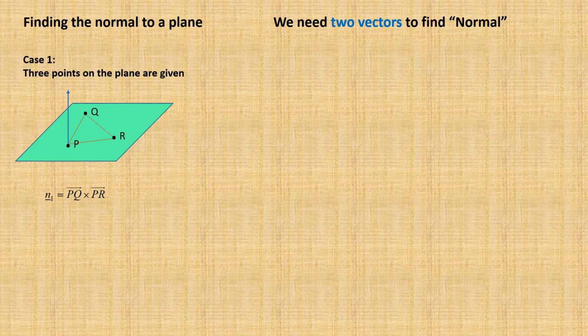Or if you have time, you can find, let's say, RP and RQ. You can also use this pair of vectors to produce another normal. Don't need to worry about the direction. It can be going up or going down. We do not know. After you calculate, then only you know by doing the comparison. Or you can use QP and QR